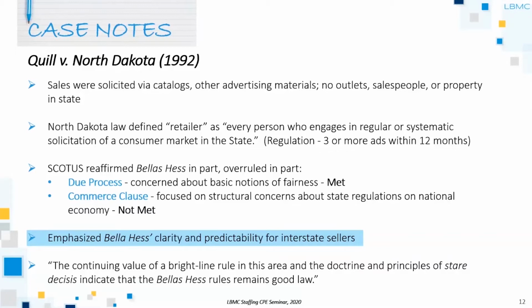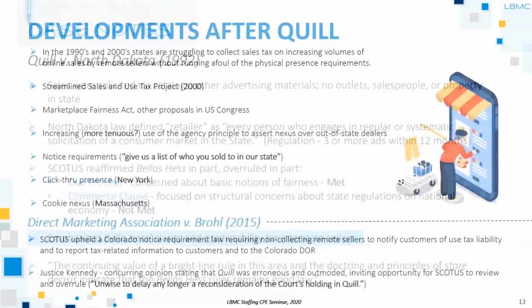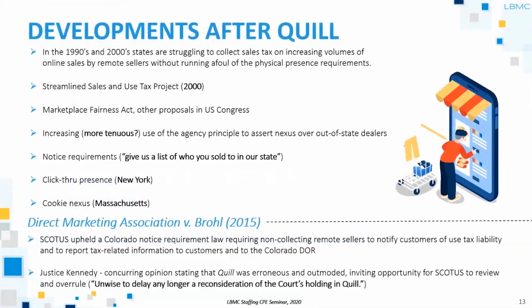I remember if you wanted to get on the internet, there was one computer that was hooked up to the internet. You had to go log in, and it was really kind of a big deal to be on the internet to do your research. That sounds ludicrous today, but that's just how things were in the mid 90s. So with Quill as the jumping off point, let's think about how things developed after that. In the 1990s and the 2000s, the states are struggling to live with Quill and the physical presence requirement, but still collect tax on these sales that are occurring.